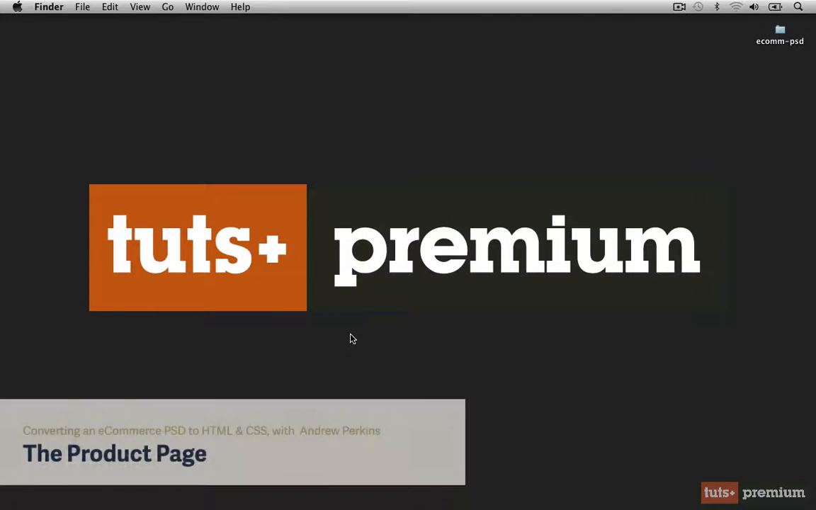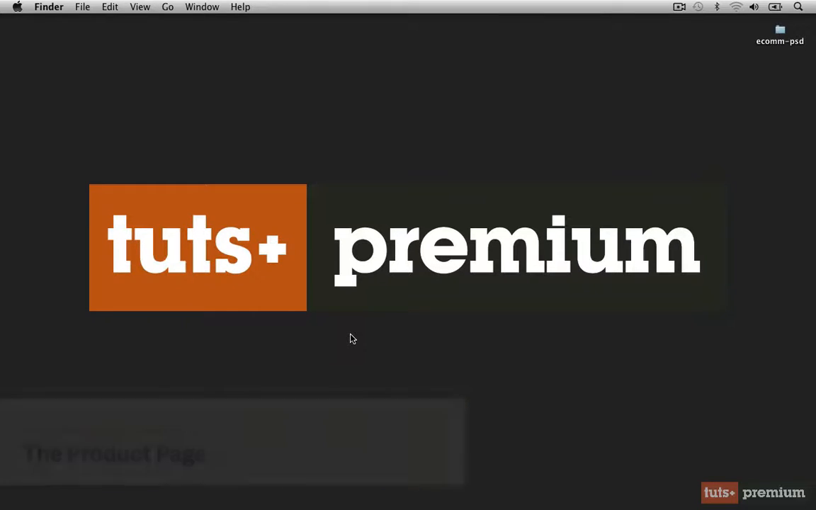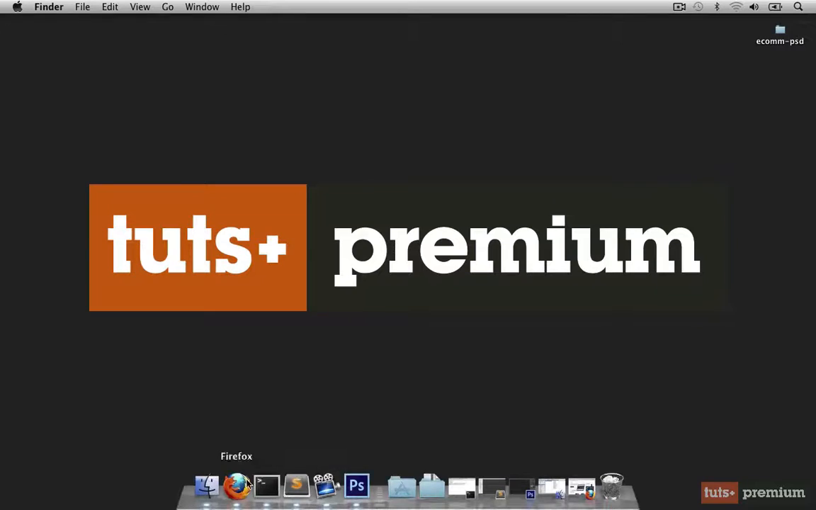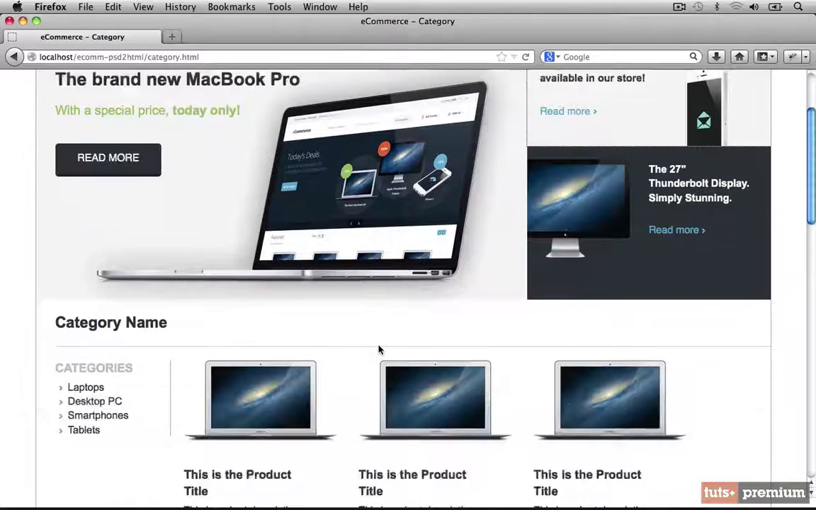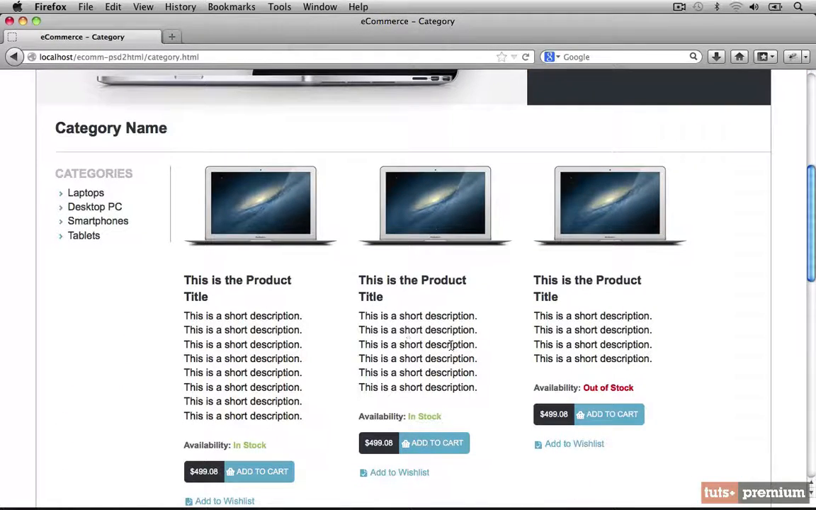In this lesson, we're going to work on converting the product PSD file to HTML and CSS. But before we get too far into the product PSD to HTML conversion, I want to make a small change to our category product styling. If we take a look at our category page in the browser, and we scroll down here to the product listings, you can see on the right side that we have this little bit of extra space,